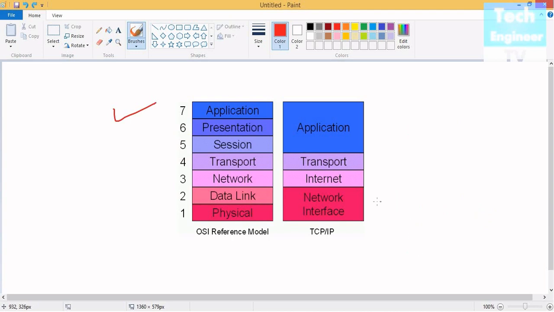This network interface card is your NIC,